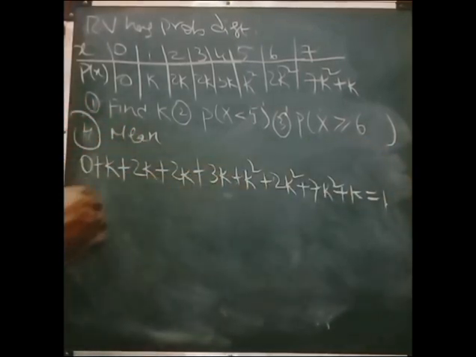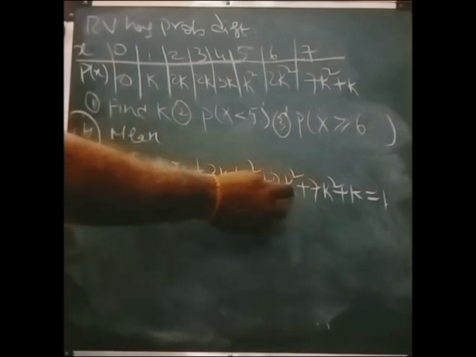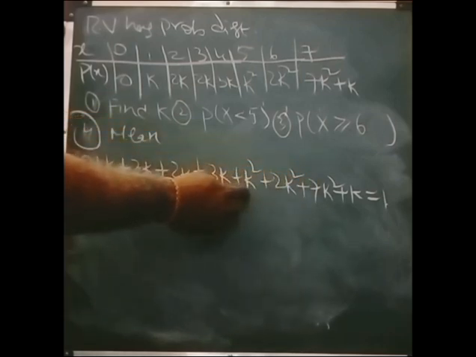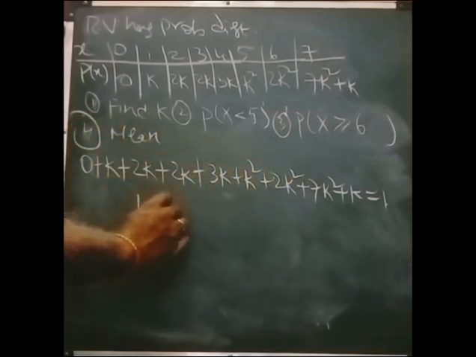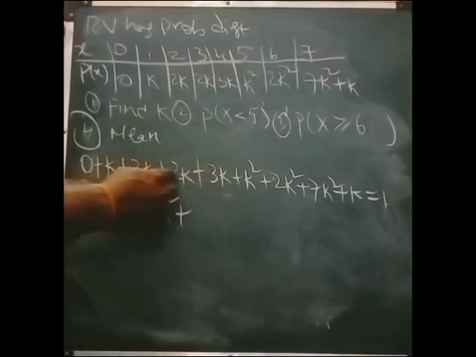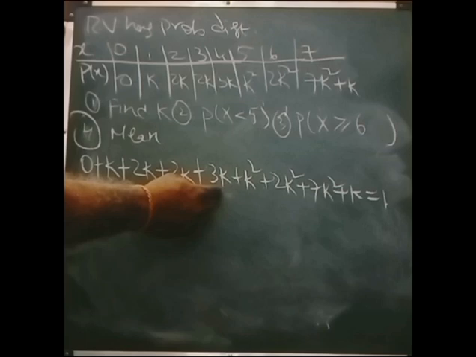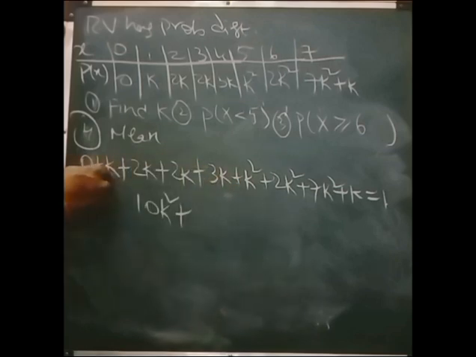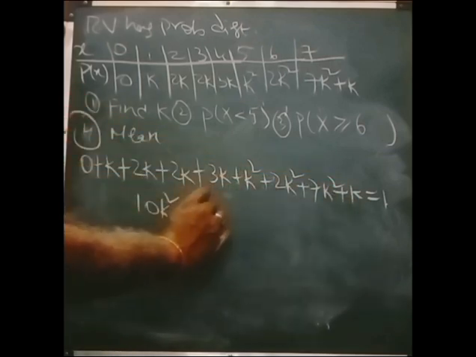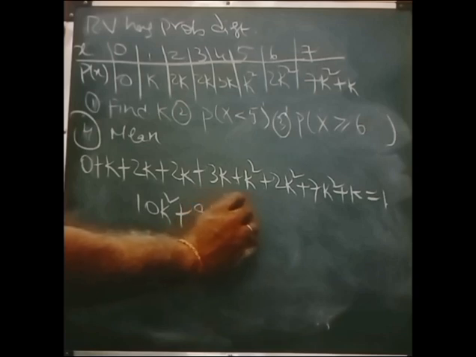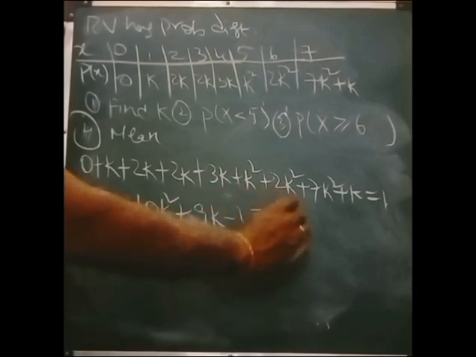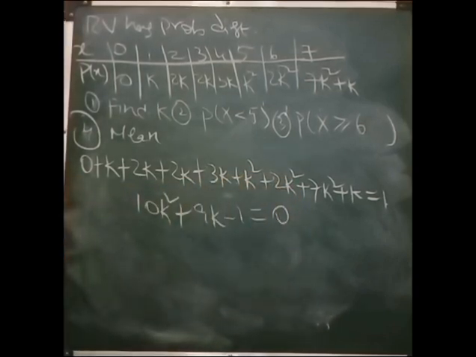This gives 7k square plus 2k square plus k square, which is 10k square, plus 2k plus 2k is 4k, plus 3k is 7k, plus k is 8k, plus k is 9k, minus 1, the constant, is equal to 0. Now by solving this equation,